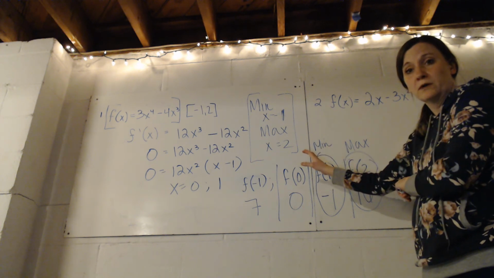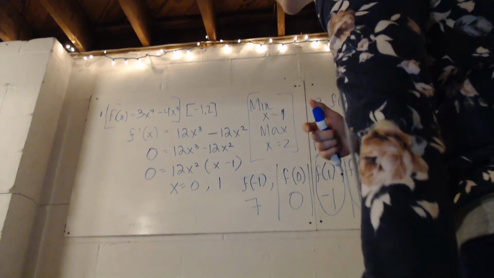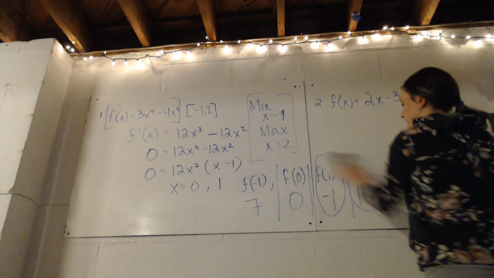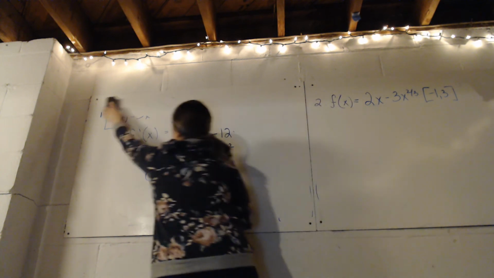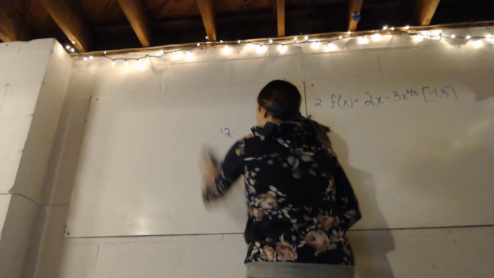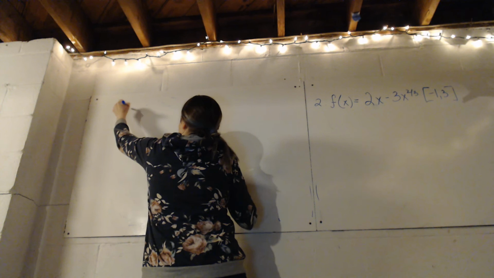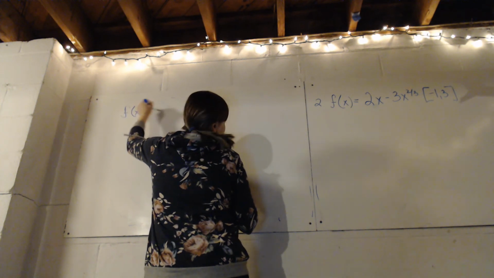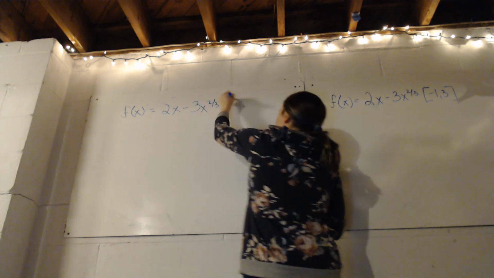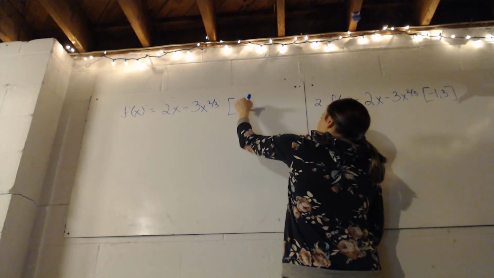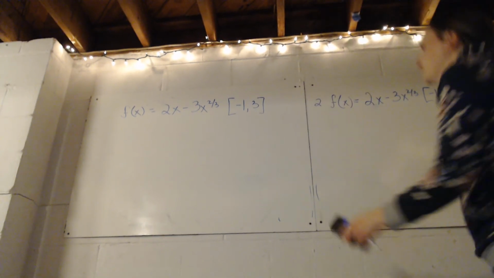I'm going to do it with one more problem just to give you a little bit more practice. Again, staying away from trigonometry, and hopefully you'll be ready to try it on your own. Okay, so the second function I have written over here, but I'll recopy it. The second function is f of x is equal to 2x minus 3x to the 2/3 power, and we want to evaluate that function on the closed interval -1 to 3. Okay? So, our first step